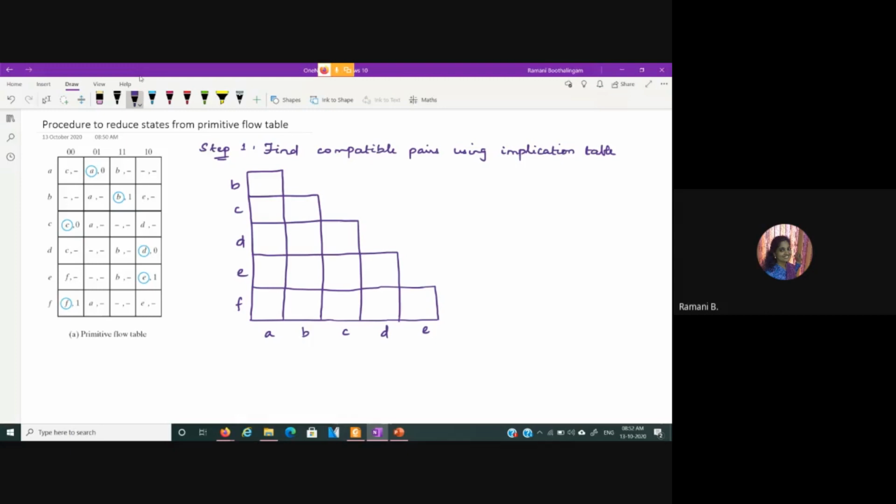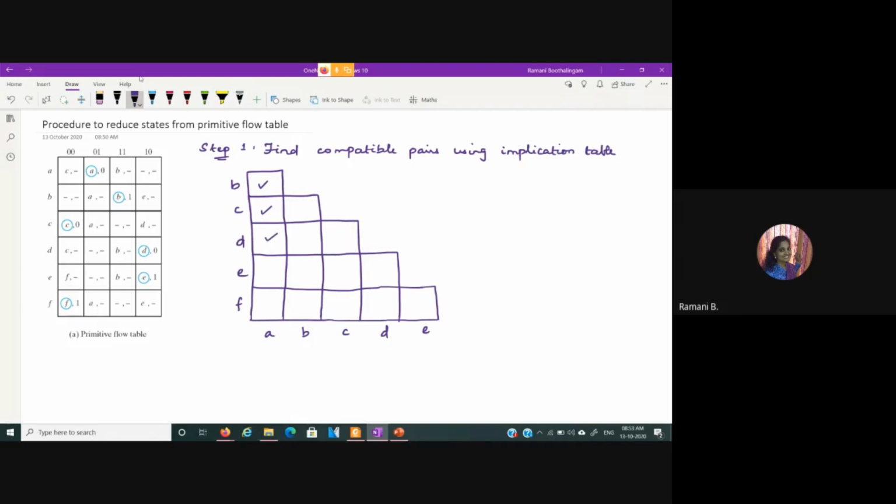Here, comparing A with B. If you have a letter symbol and a don't care, you need not bother about it. If you have different letter symbols, we denote that to check the implied state condition. Comparing A and B, you have C, don't care, both are C, both are B, and don't care and E. So we don't have any issue with this, and we put a tick mark. Then comparing A with C, again we don't have any issue, so we put a tick mark. Then comparing A with D, also no issue, so we put a tick mark.